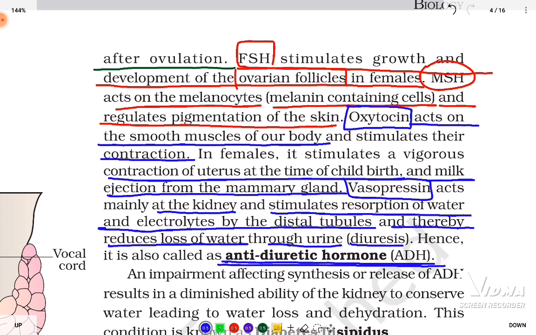So which hormone is called an antidiuretic hormone? It is vasopressin. Why is it called so? Because it mainly acts upon the kidney, and you know that the kidney is responsible for the formation of urine. Vasopressin acts upon the kidney and stimulates the reabsorption of water and electrolytes by the distal tubules, and thereby reduces loss of water through the urine. That is diuresis. It is going to reduce the loss of water. If there is a lot of water